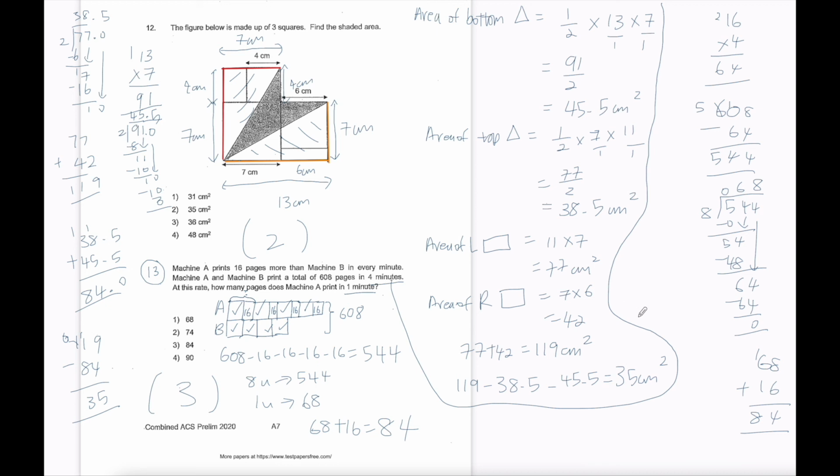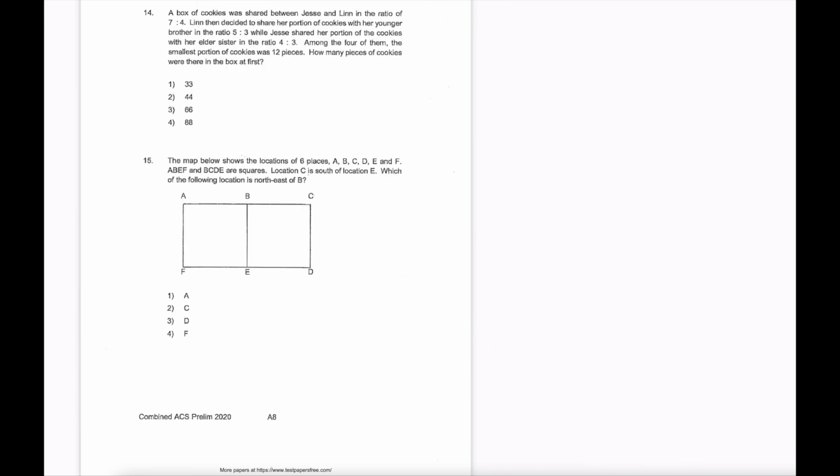Let's move on to question 14. A box of cookies was shared between Jessie and Lynn in the ratio of 7:4. So Jessie is to Lynn, 7:4. Lynn then decided to share her portion of cookies with her younger brother in the ratio 5:3. So Lynn is to younger brother, 5:3. While Jess shared her portion of the cookies with her elder sister in the ratio 4:3. So Jess is to elder sister,